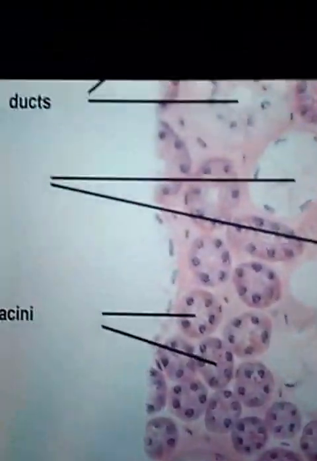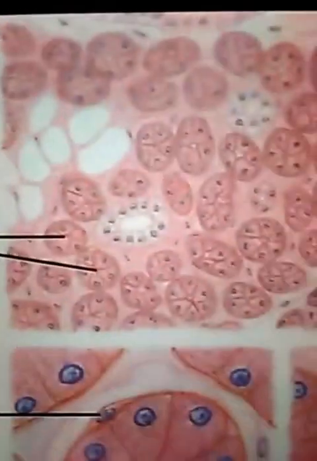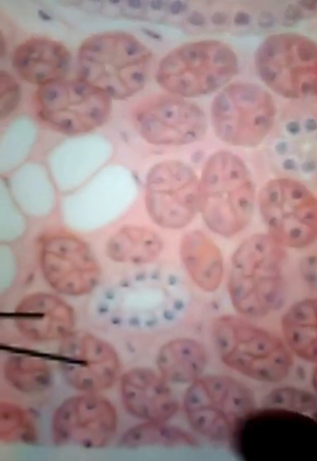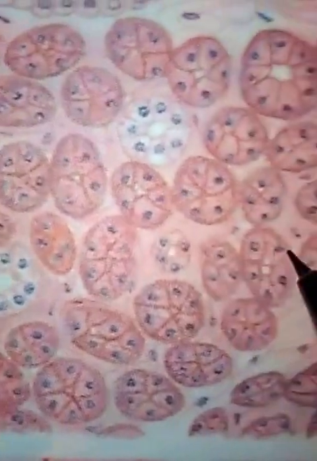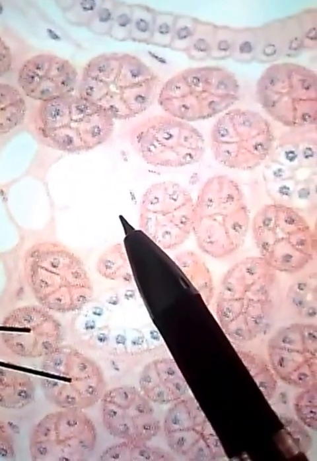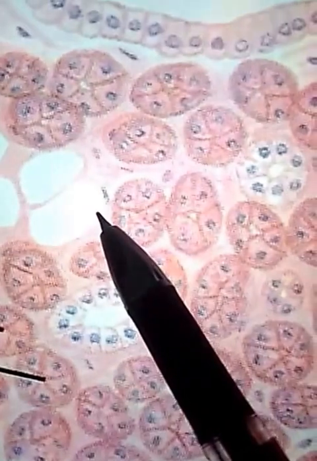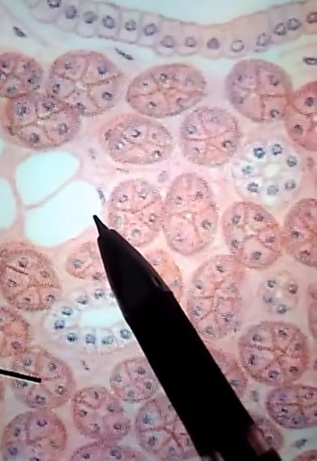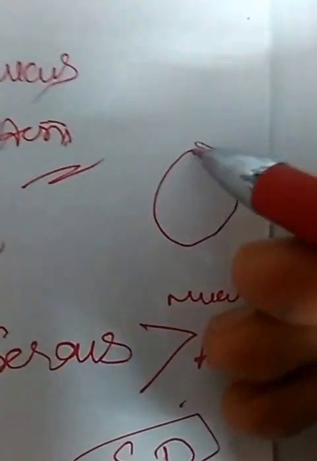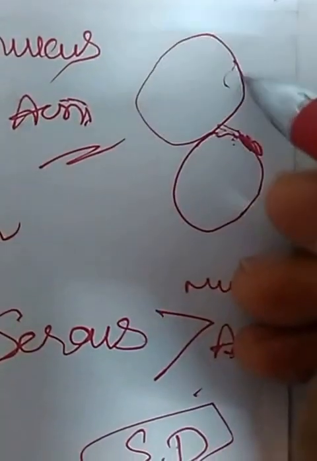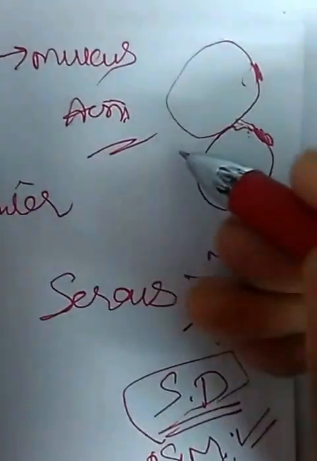Okay, now see, in this, as you can see here, there are no mucous acini. These are the adipose tissue. You should differentiate between the adipose and mucous acini. Adipose fat cells have the nucleus pushed towards one side, and these are empty cells.